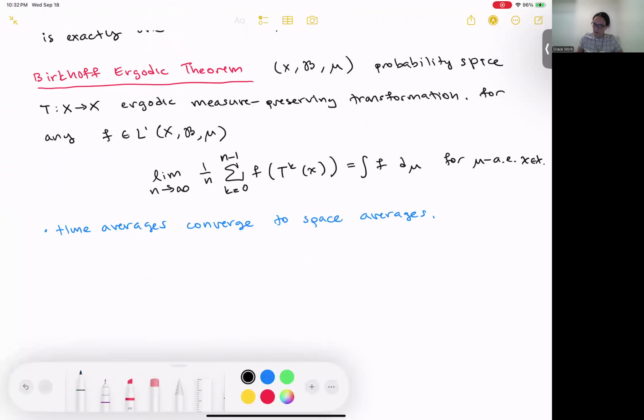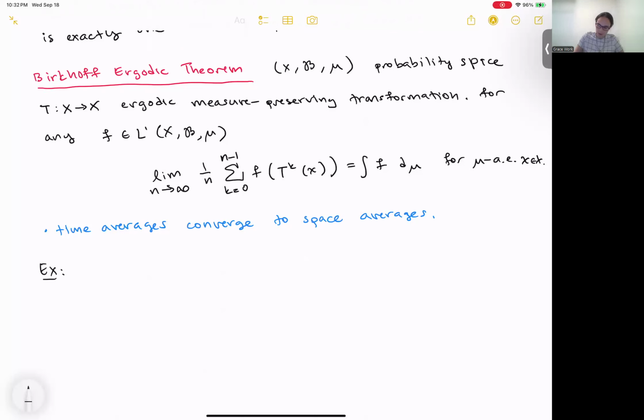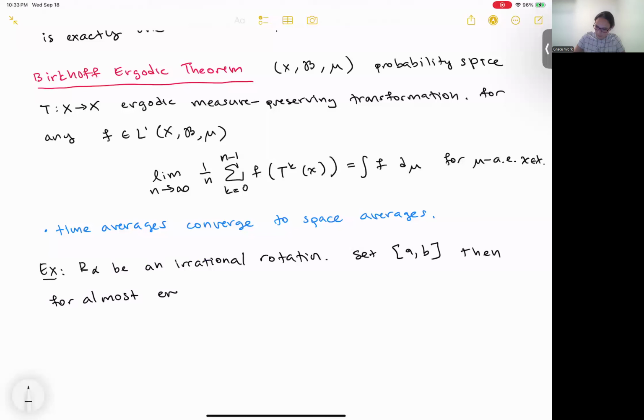Okay, so in the context of our circle rotations, which you've just proved that if it's irrational, it's ergodic. So let's let R alpha be an irrational rotation. And let's set a closed interval A to B. Then for almost every x in [0, 1],